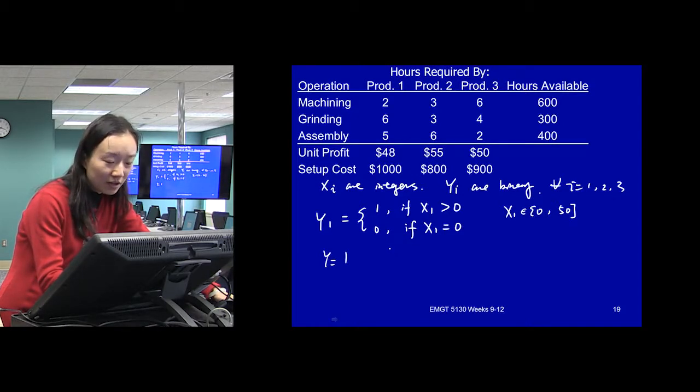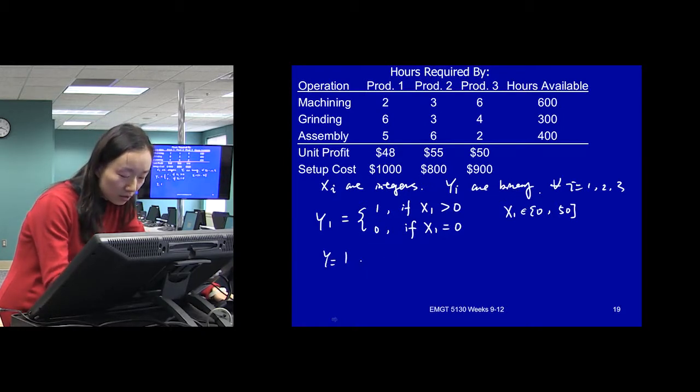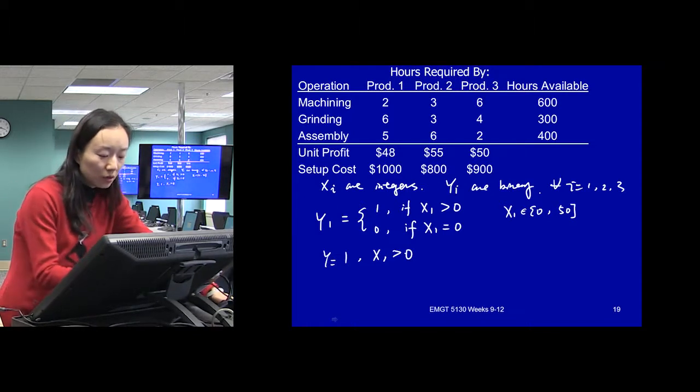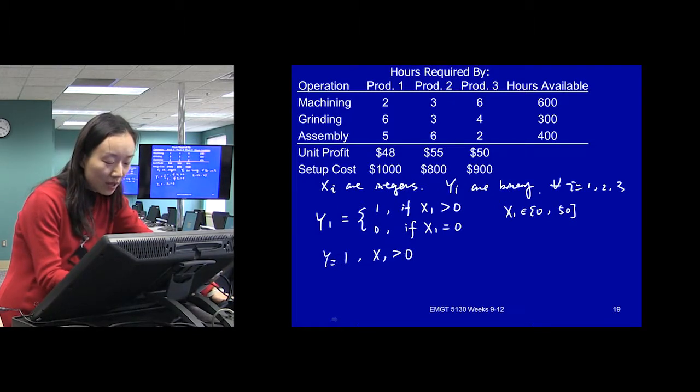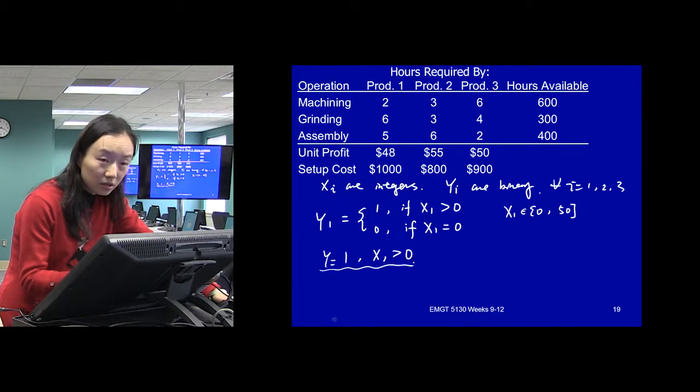So if x1 is a binary, we're just looking at the first one. If this is 1, x1 needs to be greater than 0. Which means when y is equal to 1, x1 has to be forced to be greater than 0.